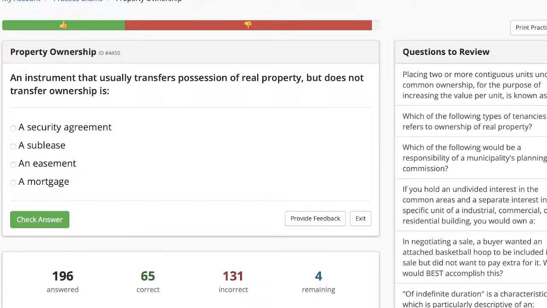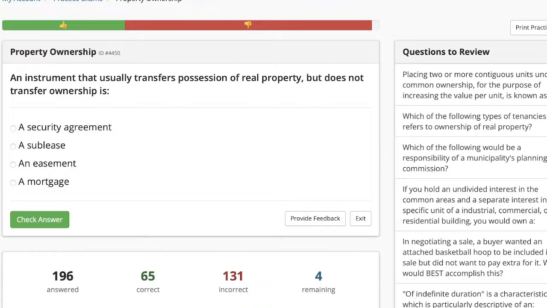So I want you guys to write this down. I know you remember personal is movable, and real is immovable. I want you to write down: personal property goes with the person. Real property goes with the real estate. Everybody write that in the chat. It's really important because sometimes there are examples of things that contradict that personal movable, real property immovable rule.